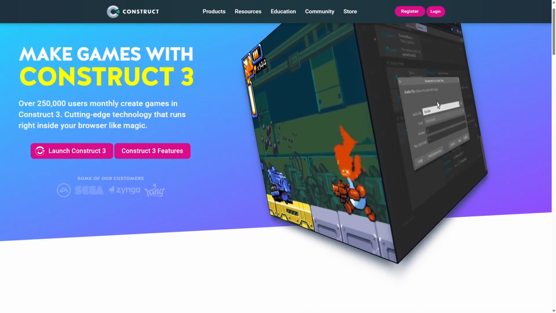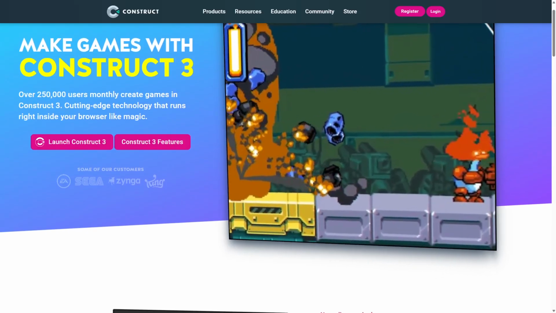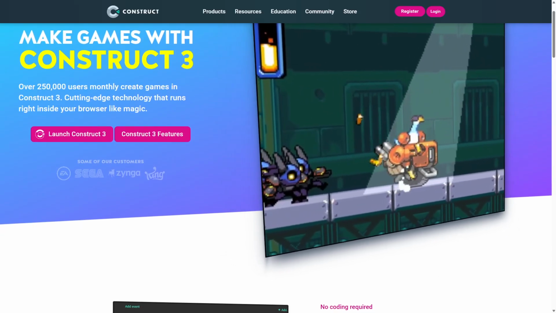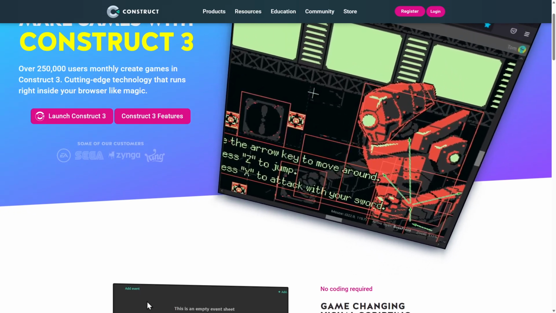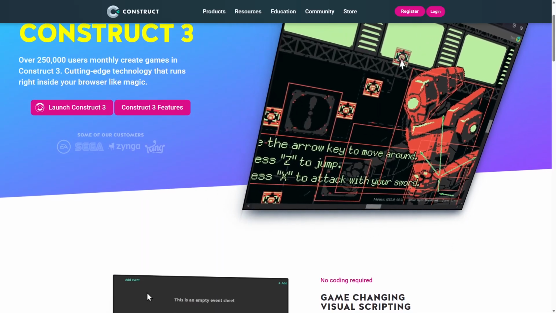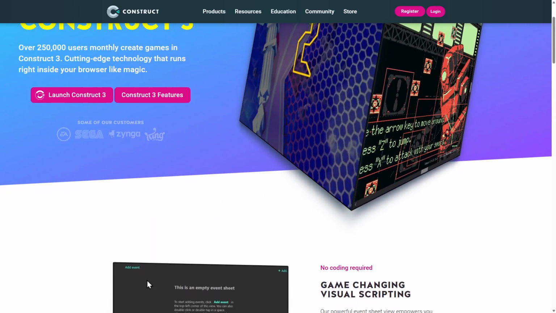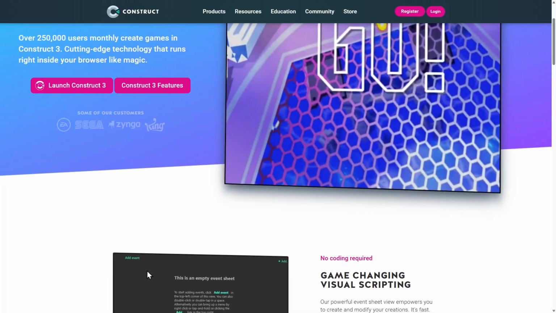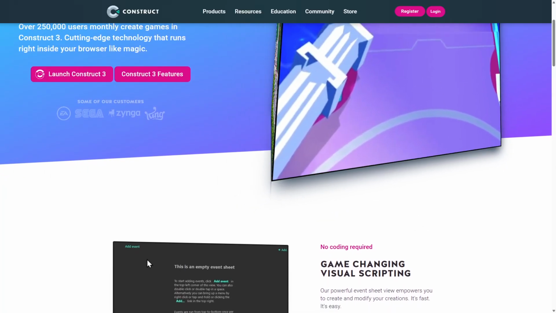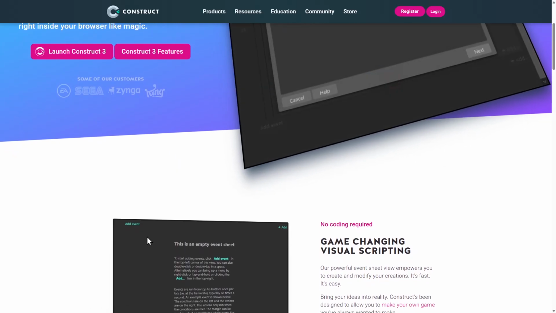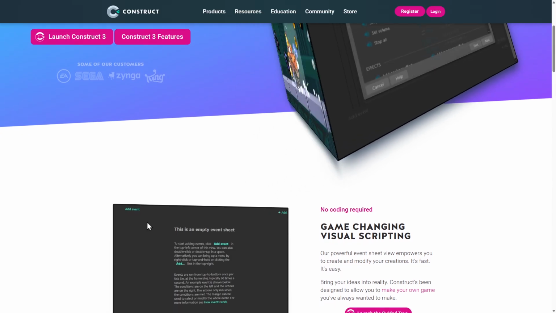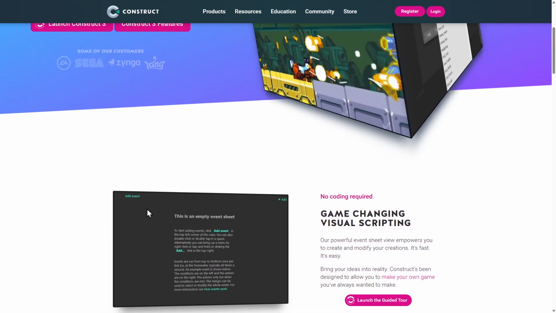It keeps the visual scripting approach but enhances it with a more polished interface, faster workflow, and regular feature updates. Construct 3 supports real-time collaboration, cloud saving, and instant previews on multiple devices. Its strengths include cross-platform accessibility, continuous improvements, and integrated debugging tools. The main limitation is its reliance on an internet connection for full functionality, though an offline mode is available with